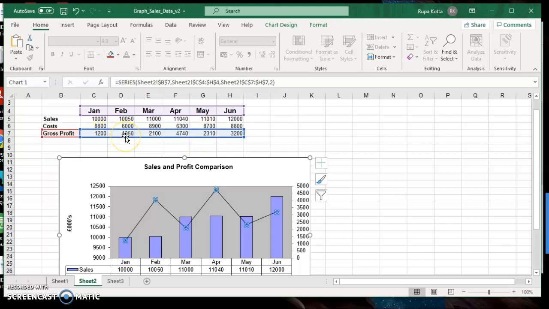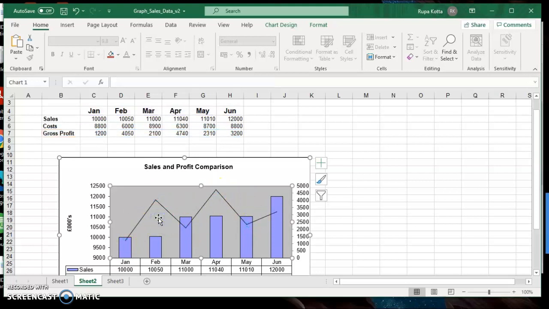In some months it increased a lot, in some months it decreased a lot, again increased, again decreased, again increased. But basically if you see the relative performance of the profit, it is actually increasing, because in the first month you only had 1,200, but later it became 3,200. But this profit line is showing the actual profit, so showing increase, decrease, increase, decrease. But a linear trend line shows the relative performance. If the linear trend line is going upwards, you can say the relative performance is an increase in profits. But if the linear trend line goes down, then you can say the relative performance is a decrease in profits.